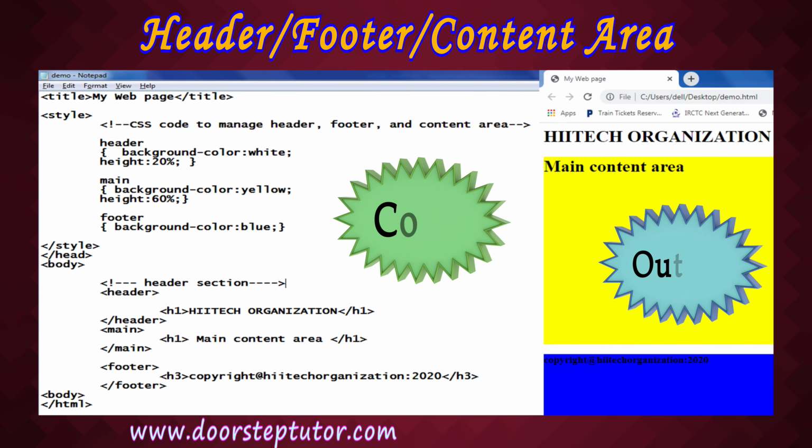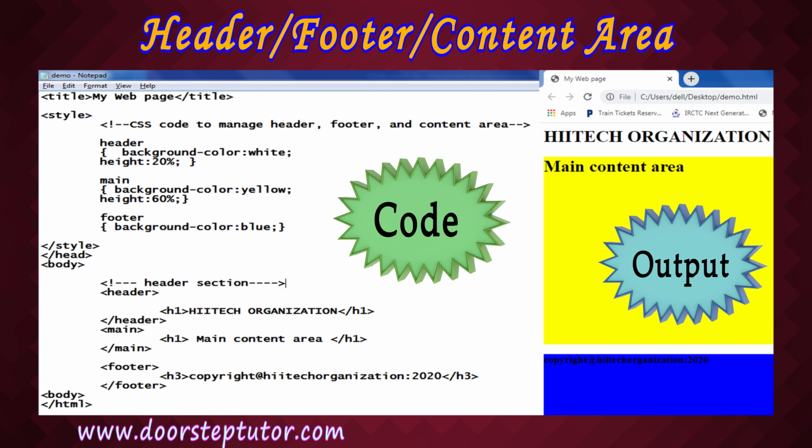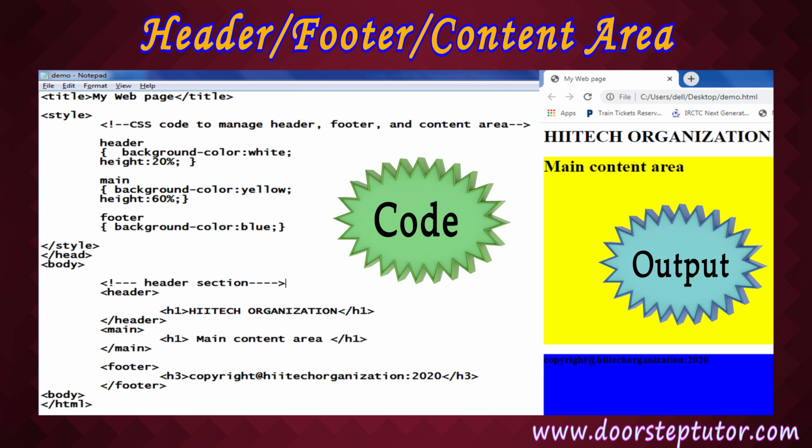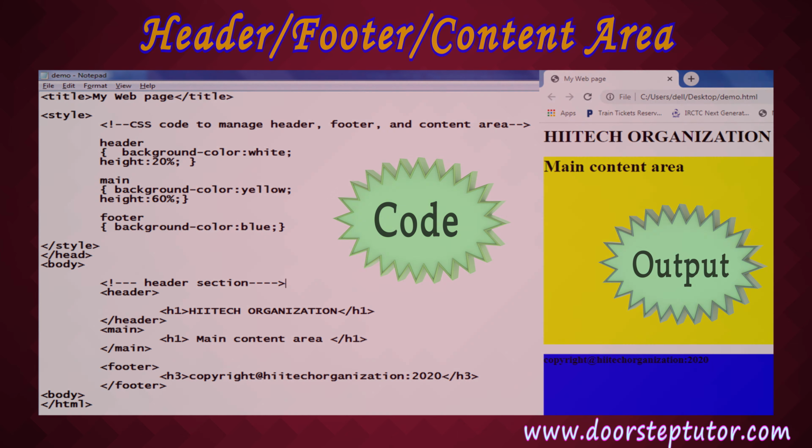We can view the output here. So we are having CSS for our tags also, for header, main and footer. For header I have given background color as white and a specified height is provided. Similarly I have given the values for main and footer also. So we can view the output. In the footer I have taken one simple line. So this is actually a very simple example to represent the header, main and footer area. So let's move to our next slide.